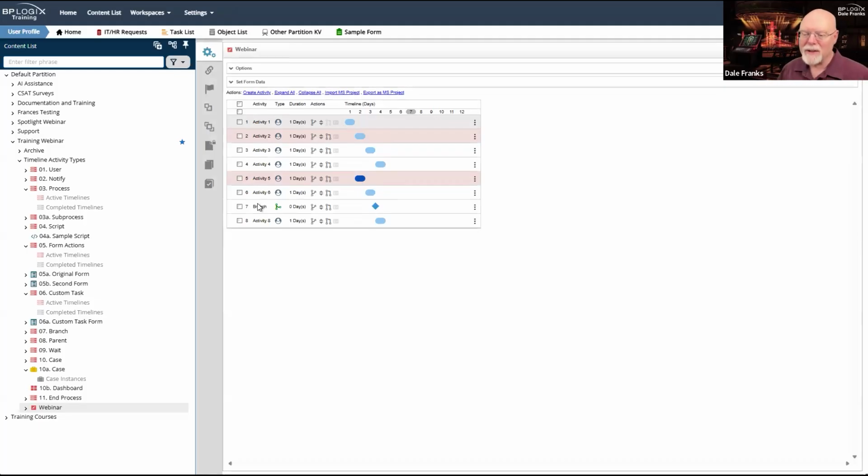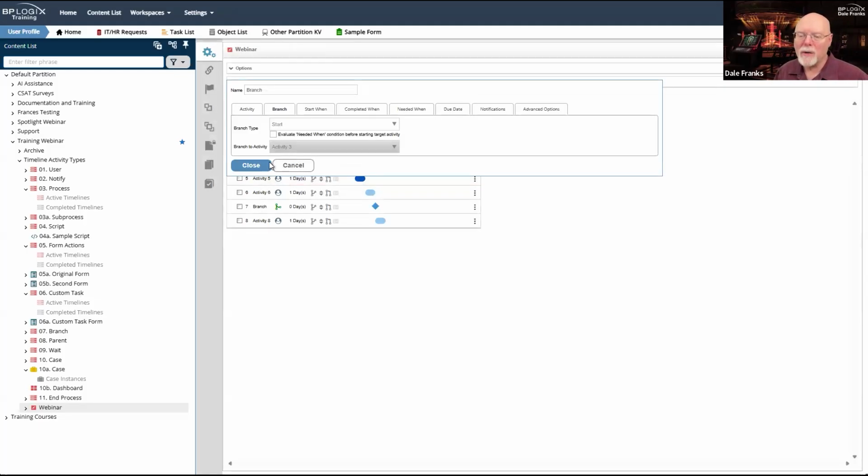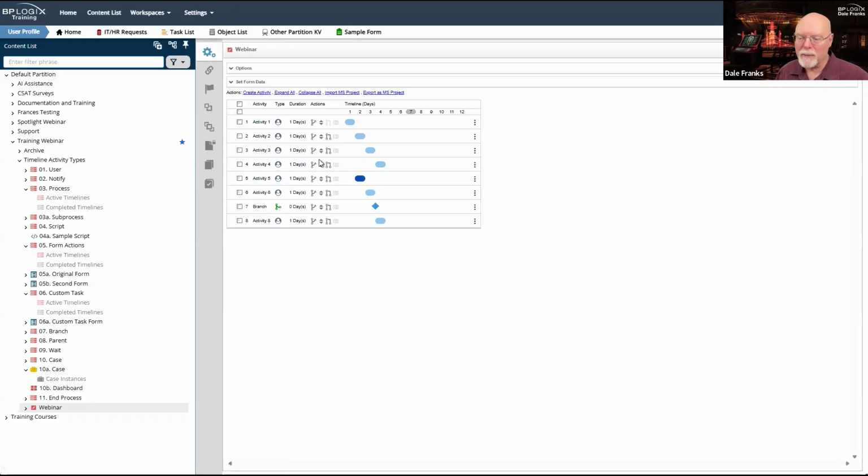And what 7 says is, hey, I want you to start activity 3. If activity 2 is not over, it doesn't matter. If activity 3 has already occurred, it doesn't matter.